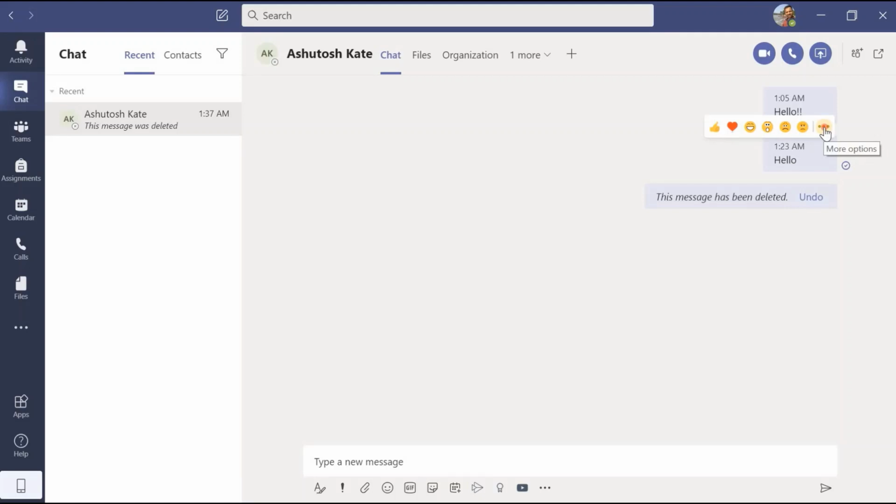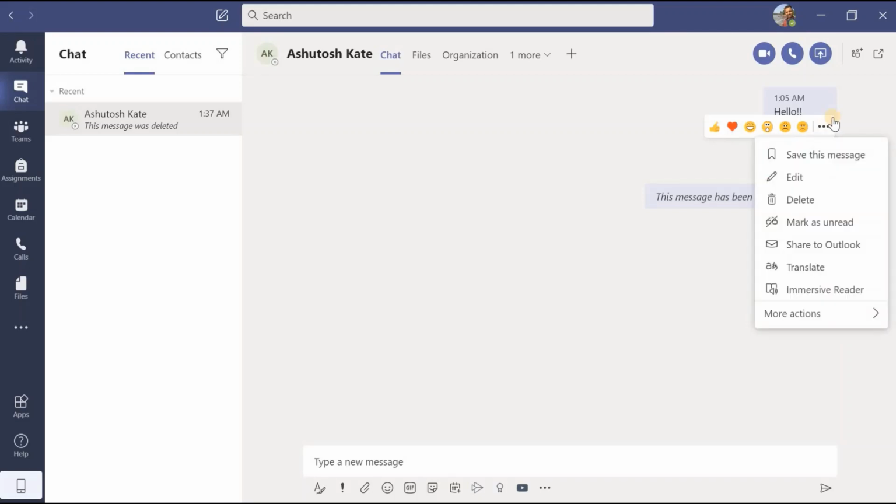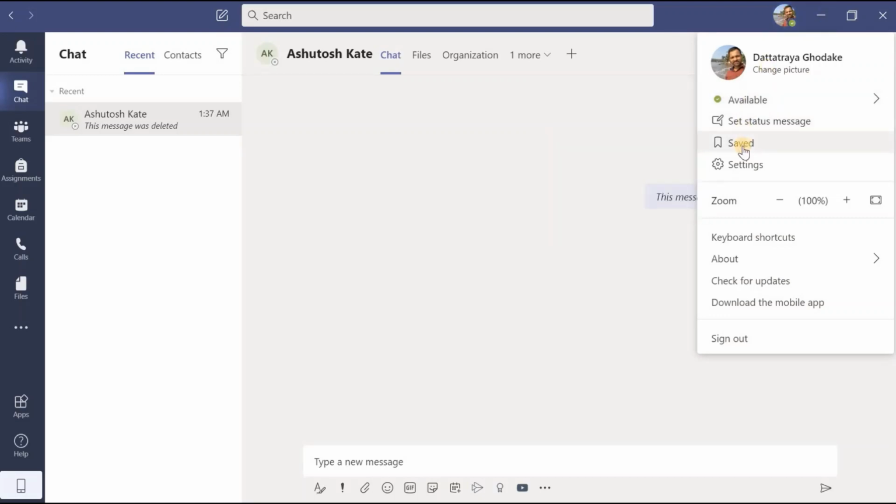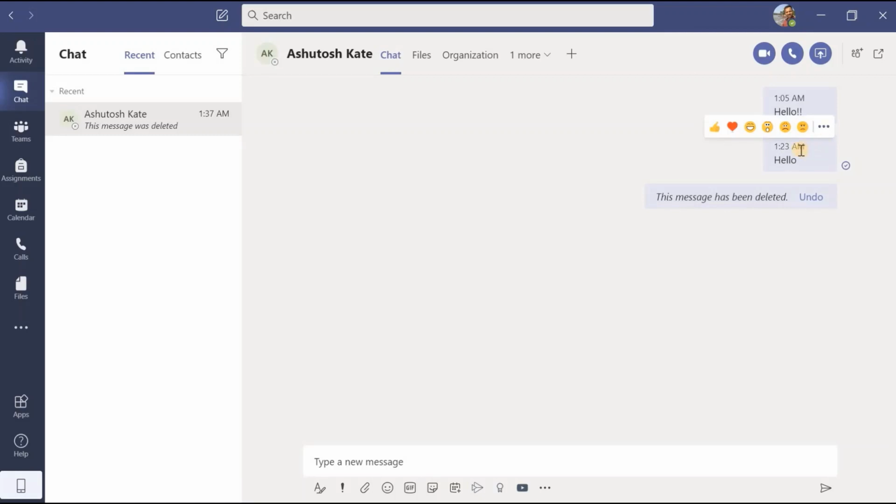Similarly, suppose you want to save a message. As in the first video we have seen the function of this saved button, now let us make use of it. Suppose I want to save this message, or this is a very important message that I need to look into after some time.